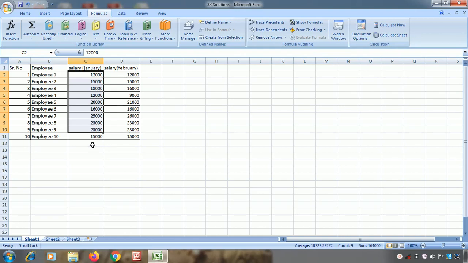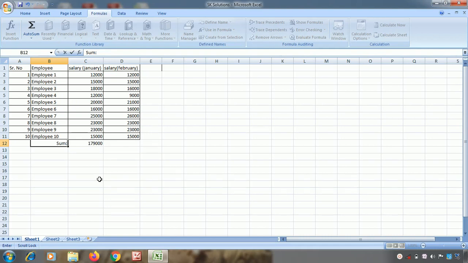So as I want to add all the data, I have to select all the data while doing the calculation. So I have done the selection. Now from these various options at the top, go to Formulas. There you see this AutoSum, expand it and select Sum. So immediately below your selection you are going to get the sum of all the salaries.